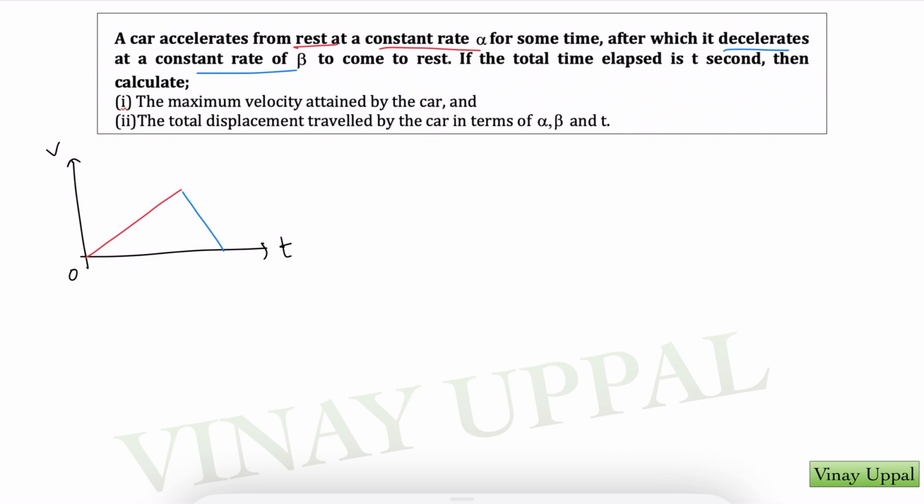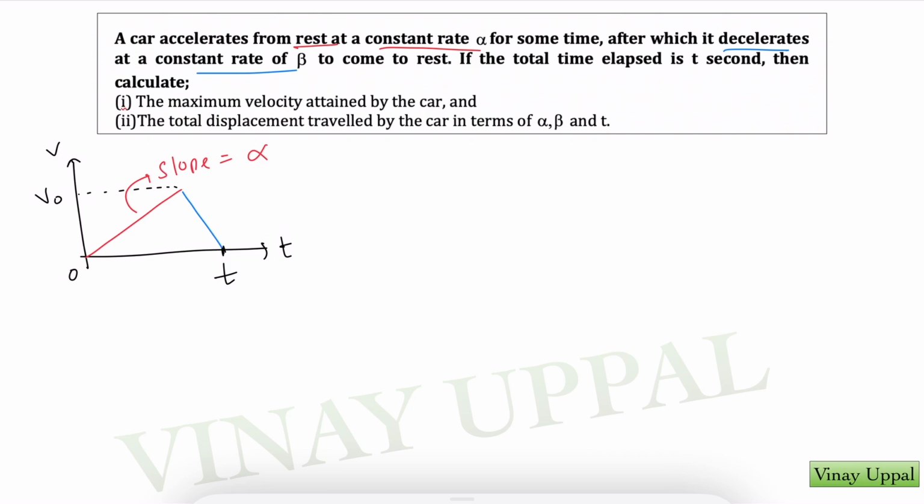So this time would be t. Calculate the maximum velocity reached. Let's say the maximum velocity here is v naught, and for the total displacement I need the area under the graph. If I look at the slope of this red line, the slope of the red line is alpha,